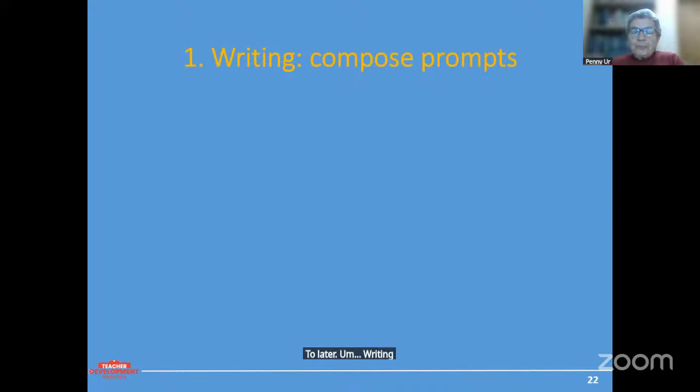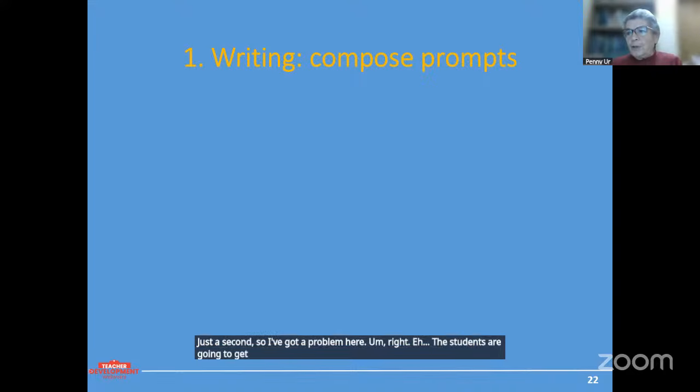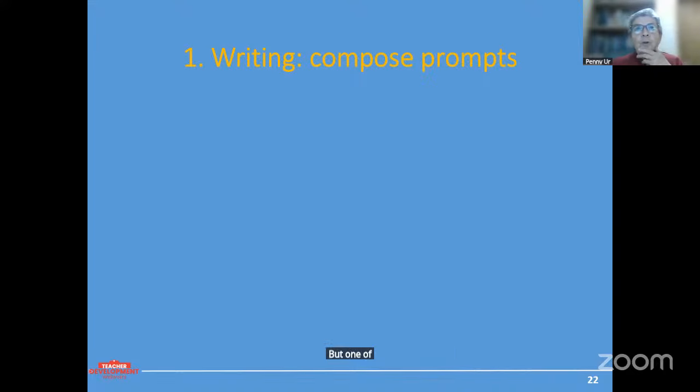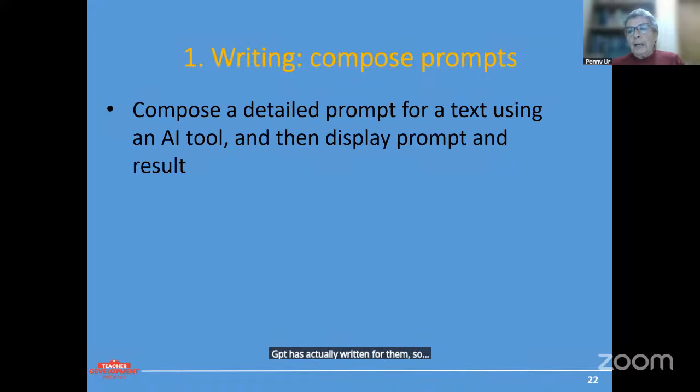Writing. There's always a problem with writing, that the teachers are worried that the students are going to get GPT to do their writing for them. But one of the things you can do with ChatGPT or Gemini, or whatever you're using, is actually ask the students to compose the prompts and then show them what GPT has actually written for them. So a writing assignment like